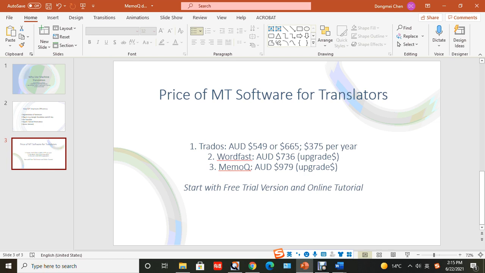And the same for MemoQ. At the moment it's costing $979, and again you have to pay for upgrades. But in my experience, I didn't need to upgrade my software for a good 4 to 5 years. So I think the money is worth